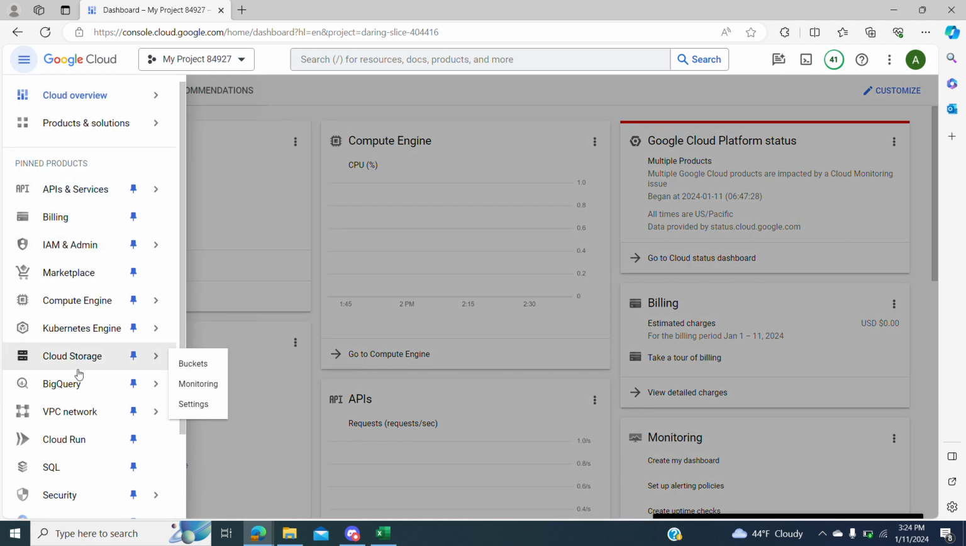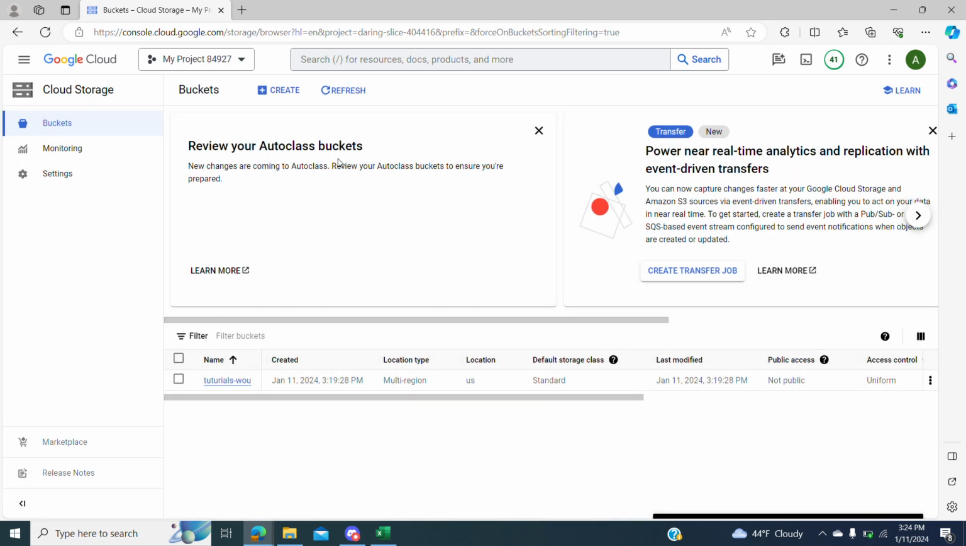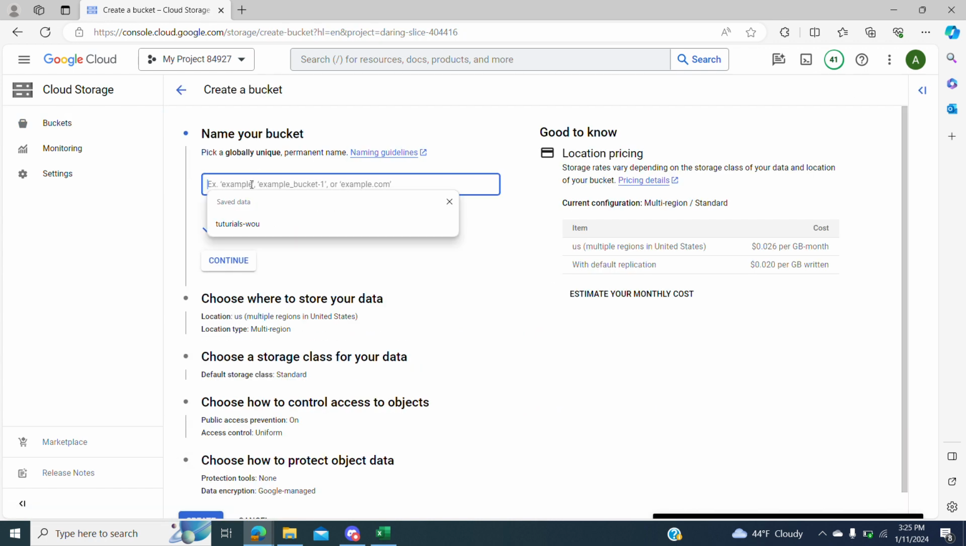In the navigation bar, we go to Cloud Storage and we go to Buckets. And as I can see, I have already created one bucket. We can click create. We have to make sure that the name of the bucket is very unique, since it will not allow you to create a bucket with a name that you have previously used or that is already in use. So try to create something that is